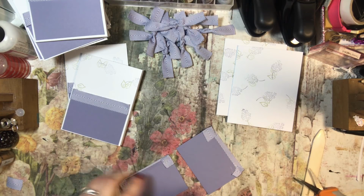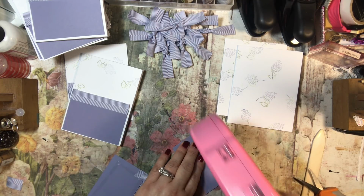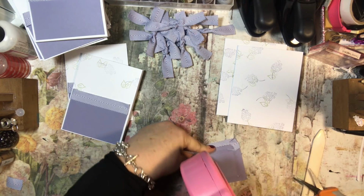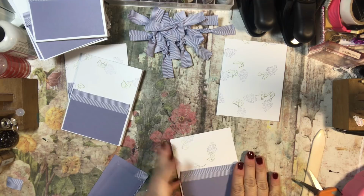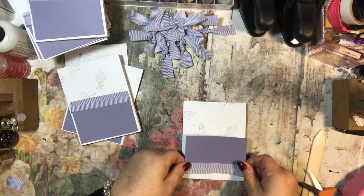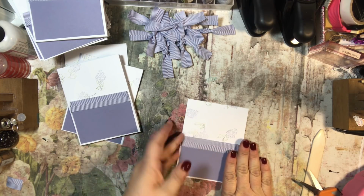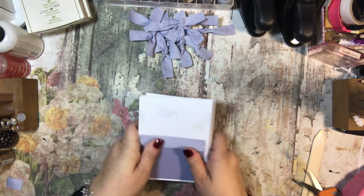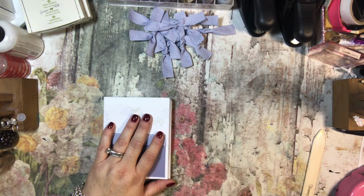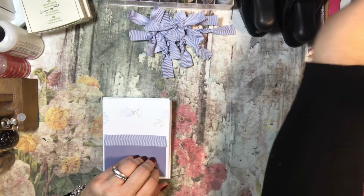I have two here. Oops. Yikes. I could have cut down on the background stamping a lot. So that was another thing I would do differently if I were to do it again. And I don't know if I will or not. Oh, but this might be cute. Oh, but I'm not going to do that. Okay, so